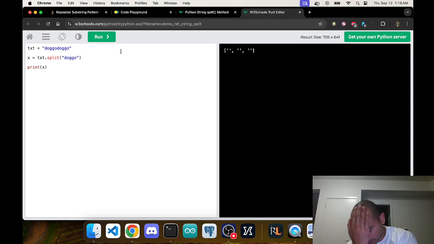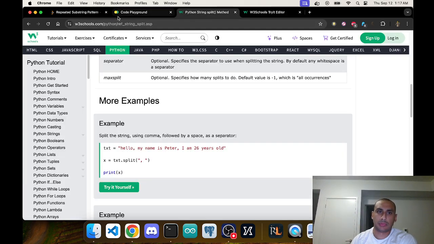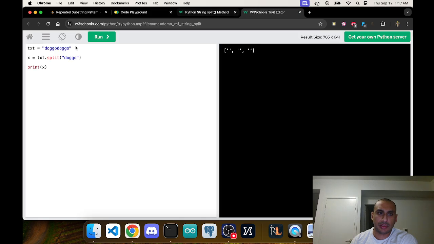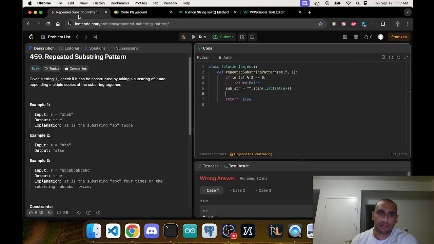Oh wait, text.split. So it would be empty strings. Because if you're splitting it, then you'd have empty strings. So yeah, I could still use this method actually. So text.split, the substring. So now I can go